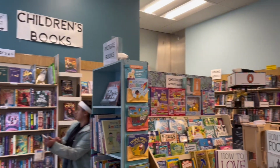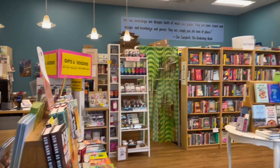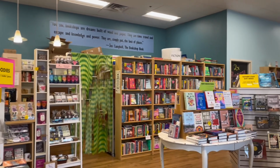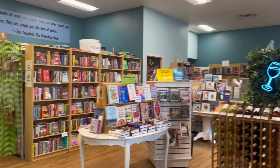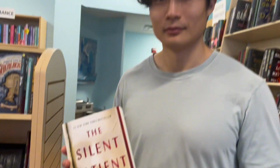The left side of the store was dedicated to children's books and the right side was dedicated to adult books, and also a very cute area with the wine, and then the front register had all the chocolate. From this bookstore, I got The Silent Patient, and I've been looking for this book ever since Christine